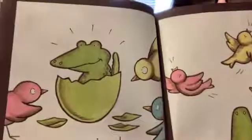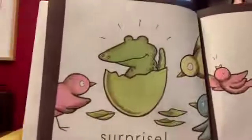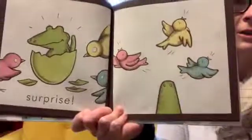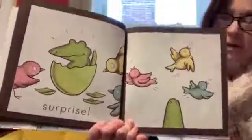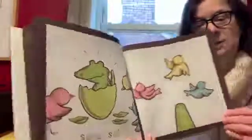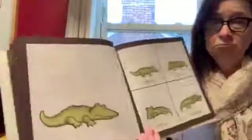Surprise! What was in the egg? Looks like an alligator, and the birds look very surprised, and here they look very scared. They're flying away, and it looks like they're cheeping, cheep, cheep, cheep, warning other birds too. Oh,